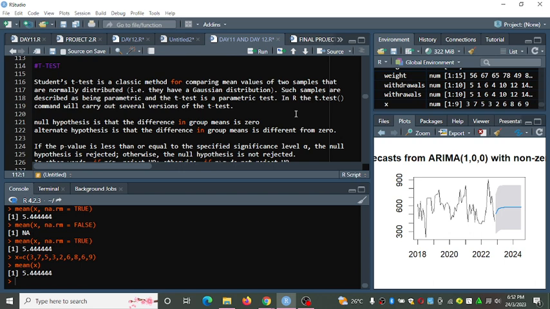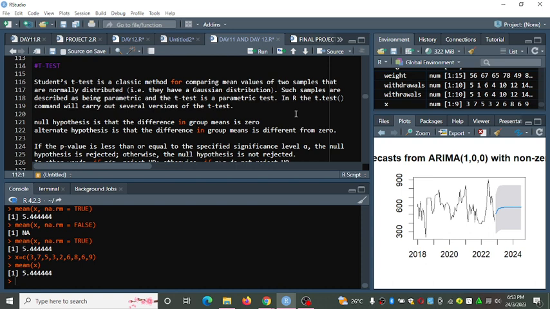Such samples are described as being parametric, and the t-test is a parametric test. So in R, the t.test command will carry out